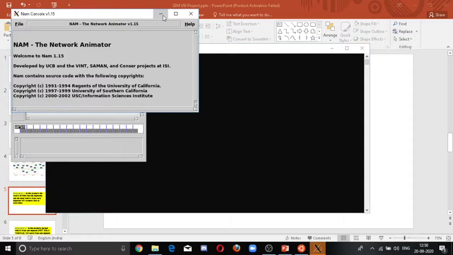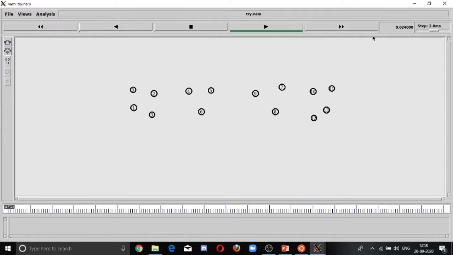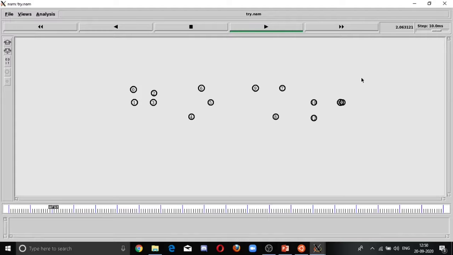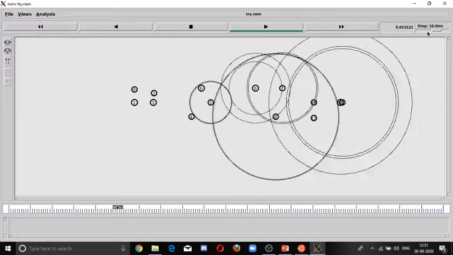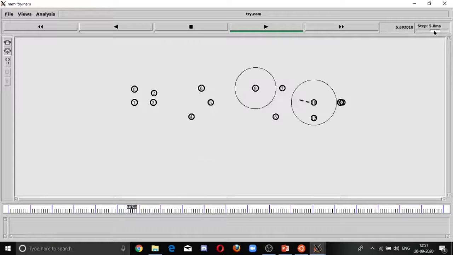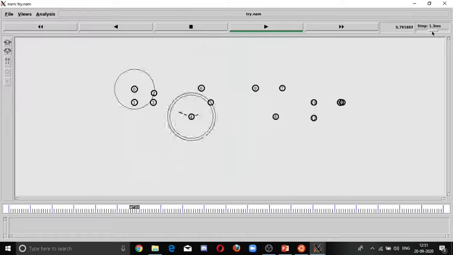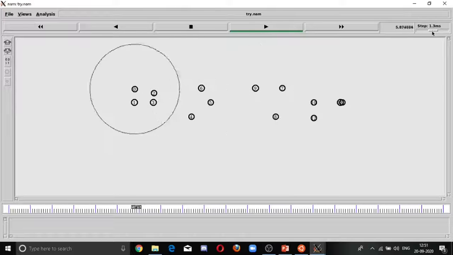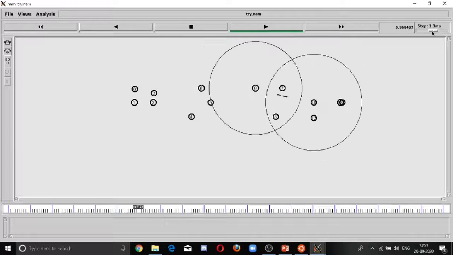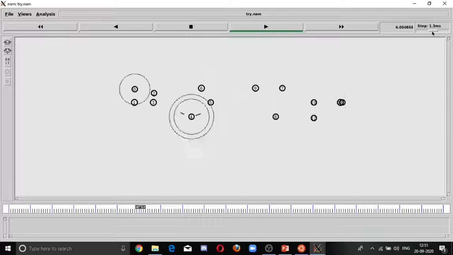The network animator has been opened and we can watch the scenario. As you can see here, one head node from each segment transmits data to the other segment's head node, which is our first scenario.